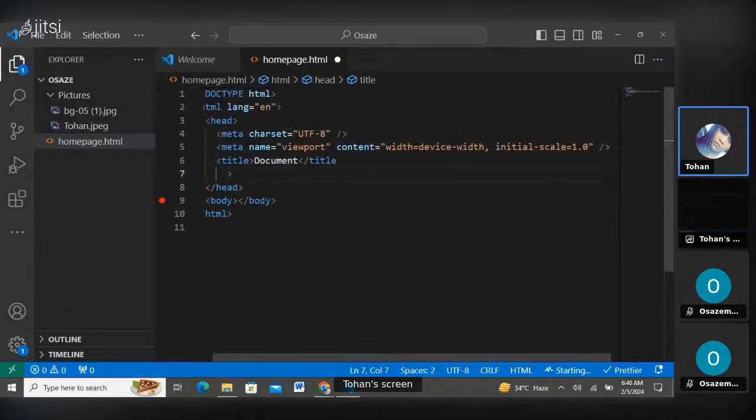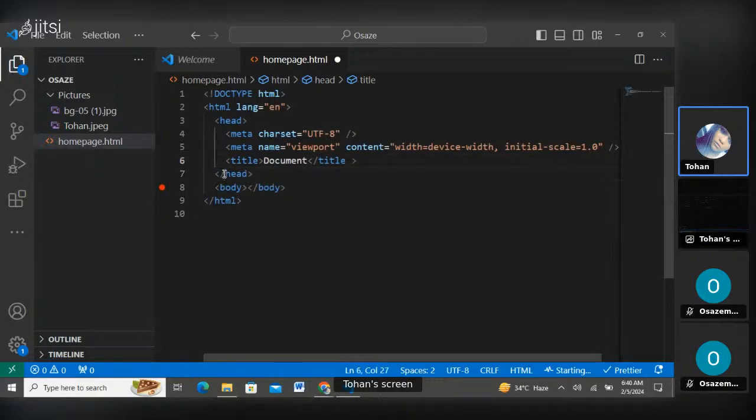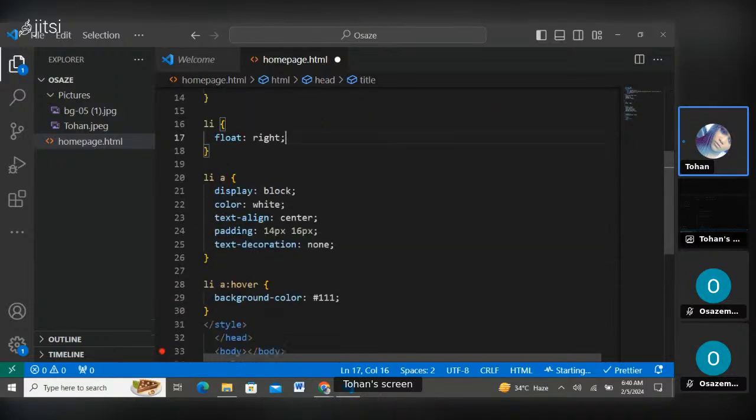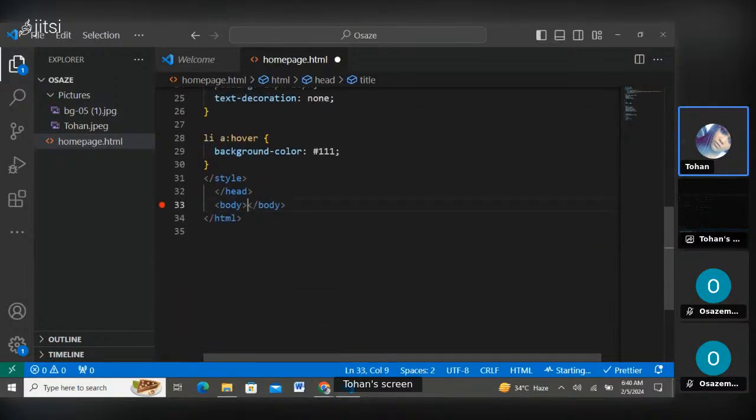Okay. That's more like it. So that's the styling. And now let's put the